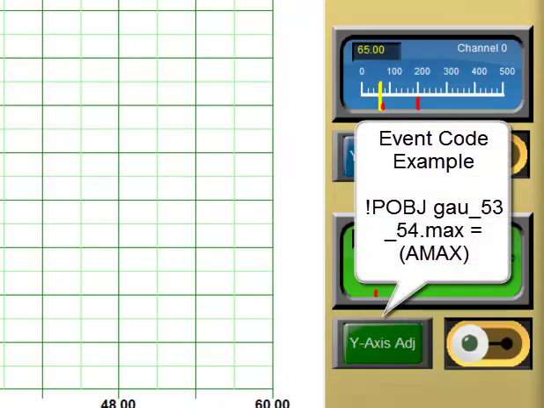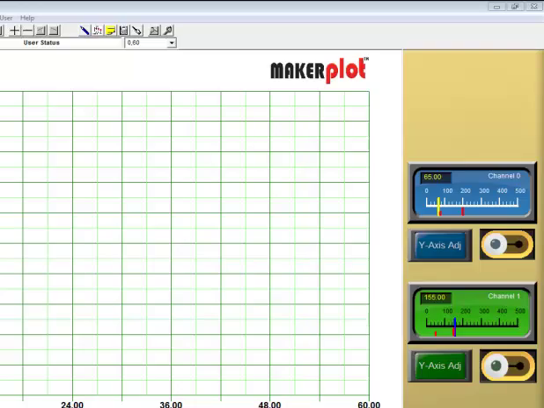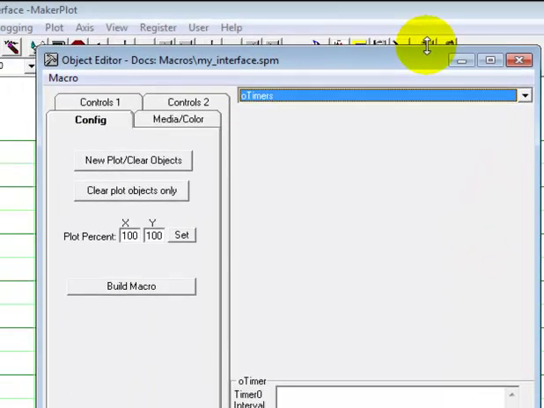Now up to now, this has been an example of how to display analog data. In this video, we're going to show you how to build an interface to display digital data. So let's get started. Let's come up here to the toolbar icon, click on our object editor, and come and